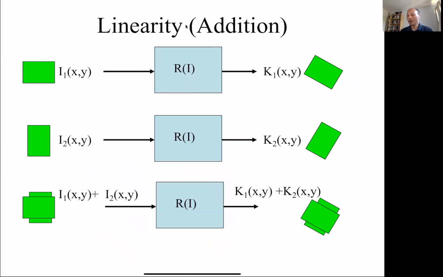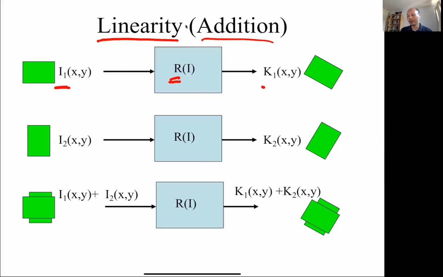Okay, so now we're going to spend the next couple of slides talking about linearity. We're going to assume that systems in this class are linear, because if things are linear, life is just much easier and we can do lots of problems. So there's two properties of linearity. The first is the addition property. And what that means is this. If the system is linear, let's call the system R, and I put in some input I1